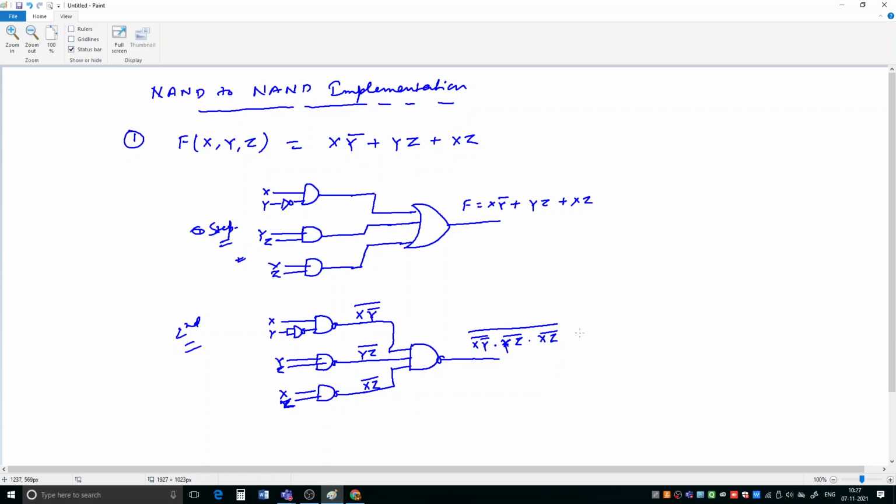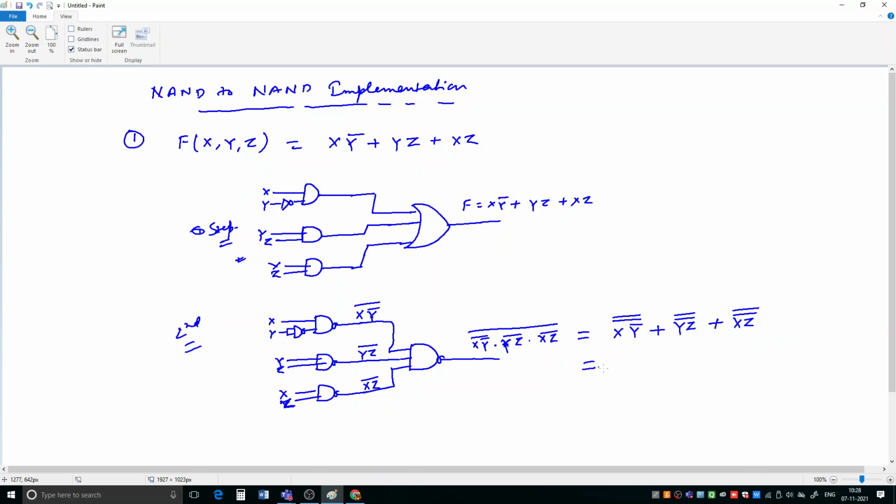So apply De Morgan's theorem now. If you are applying De Morgan's theorem, then break the line and change the sign. So here we will have (xy)' and this and this. One is this one, and this line will be broken. So we have got this one, and then change the sign to plus, then we get (yz)' and the broken line, then (xz)' and the broken line, and change the sign.